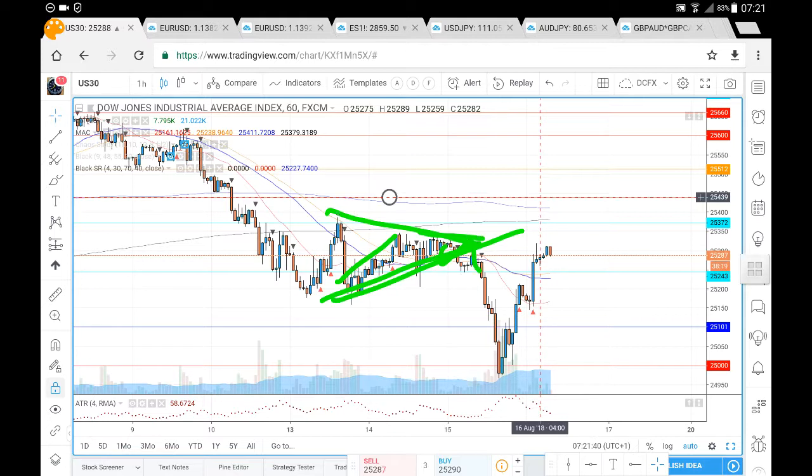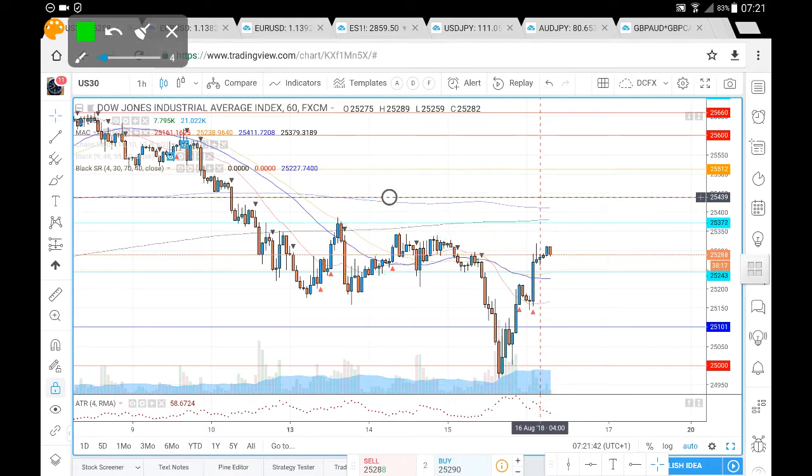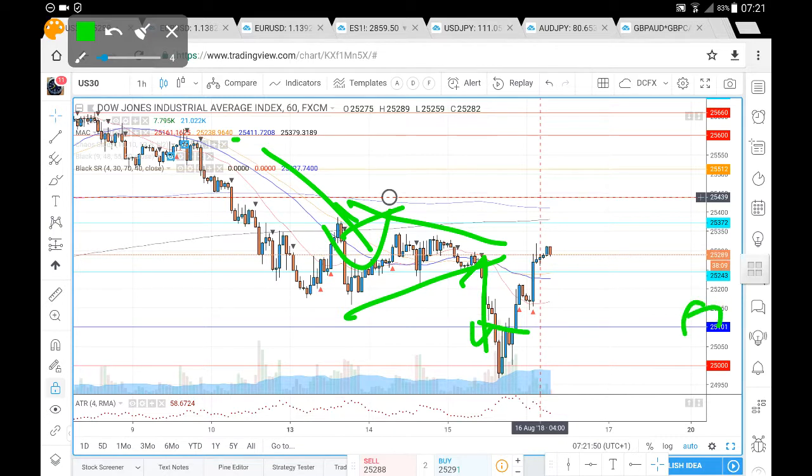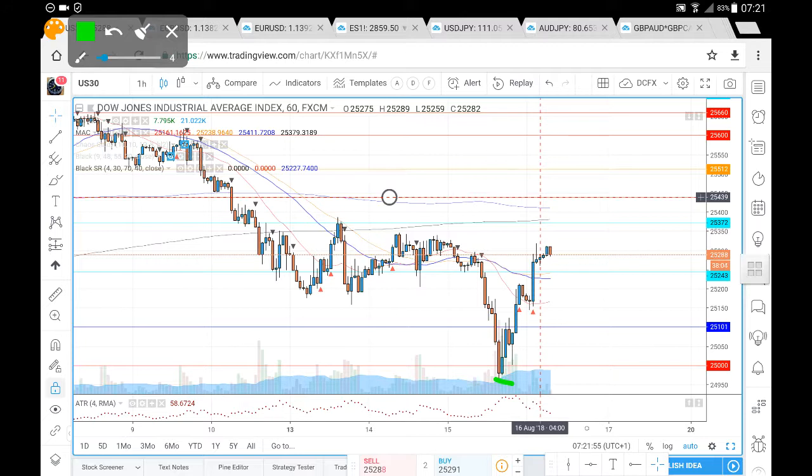What we did see was a break of that price contraction squeeze to the downside, in alignment with the most recent trend, which was to the downside. So from this price contraction squeeze, we did see a breakout to the downside, breaking beyond 25,101 all the way down towards the 25,000. Did trade slightly below the 25,000 and came pretty close to a test of